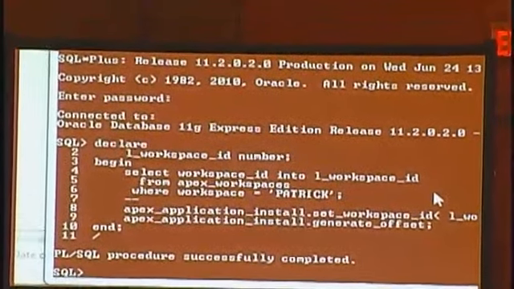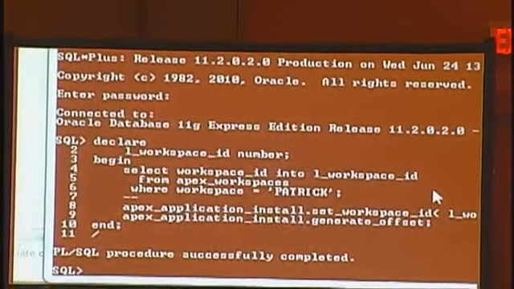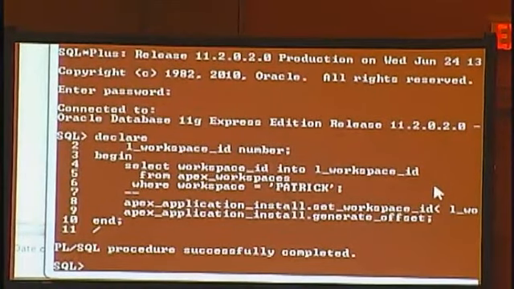And actually, there is also a new API, Apex Application Install, set auto supporting objects, where you could override the setting, what you have specified during export. So you could turn it off, that on the command line, it's not installed automatically,